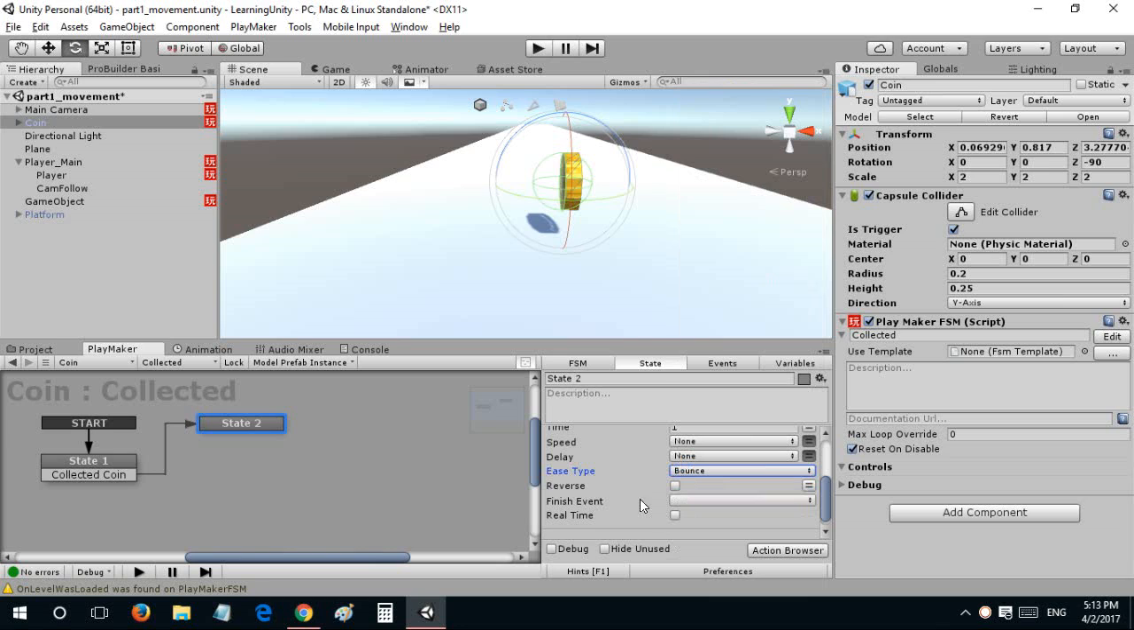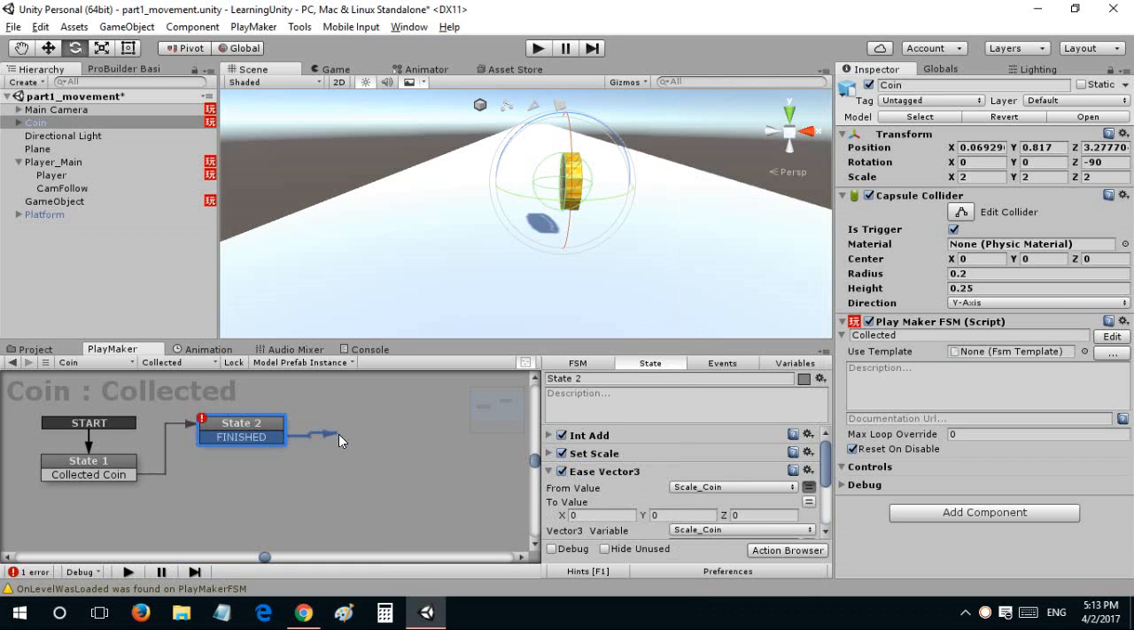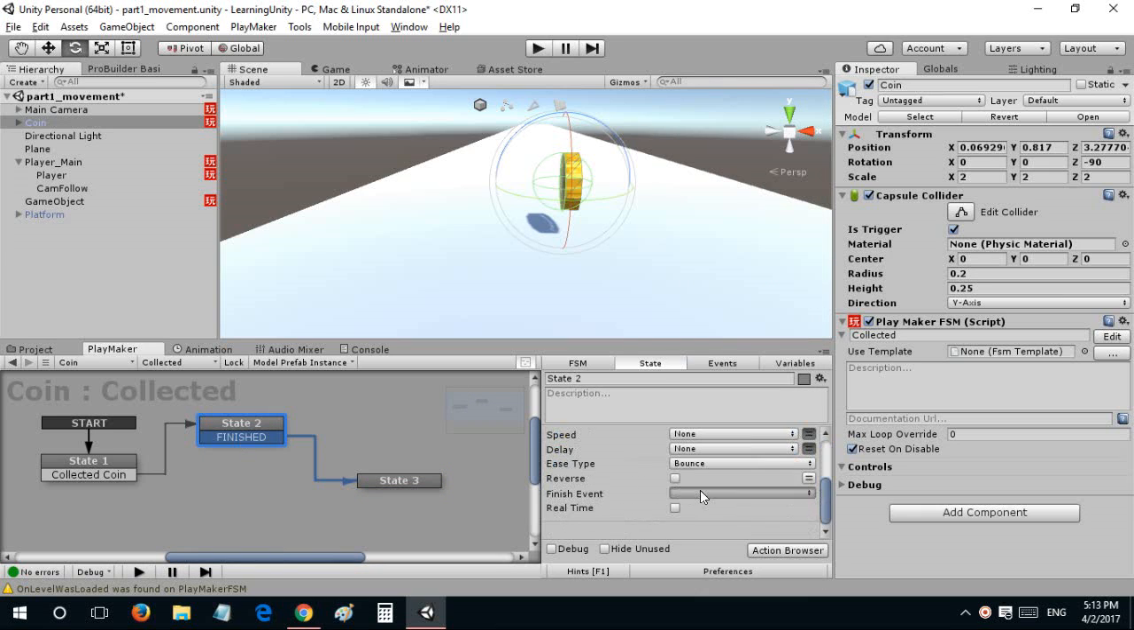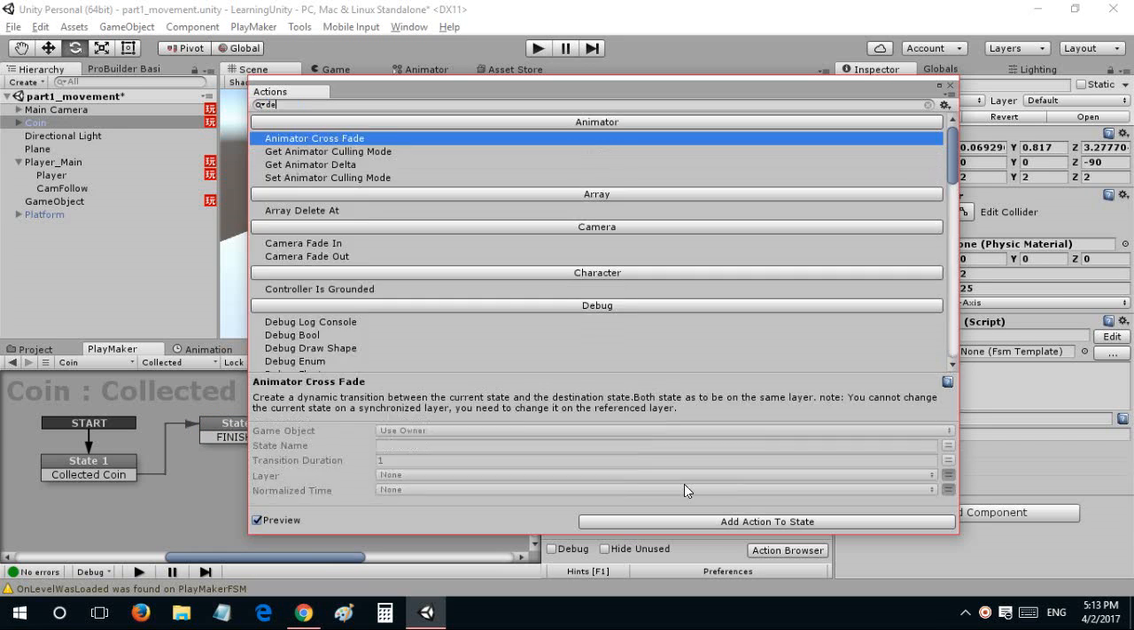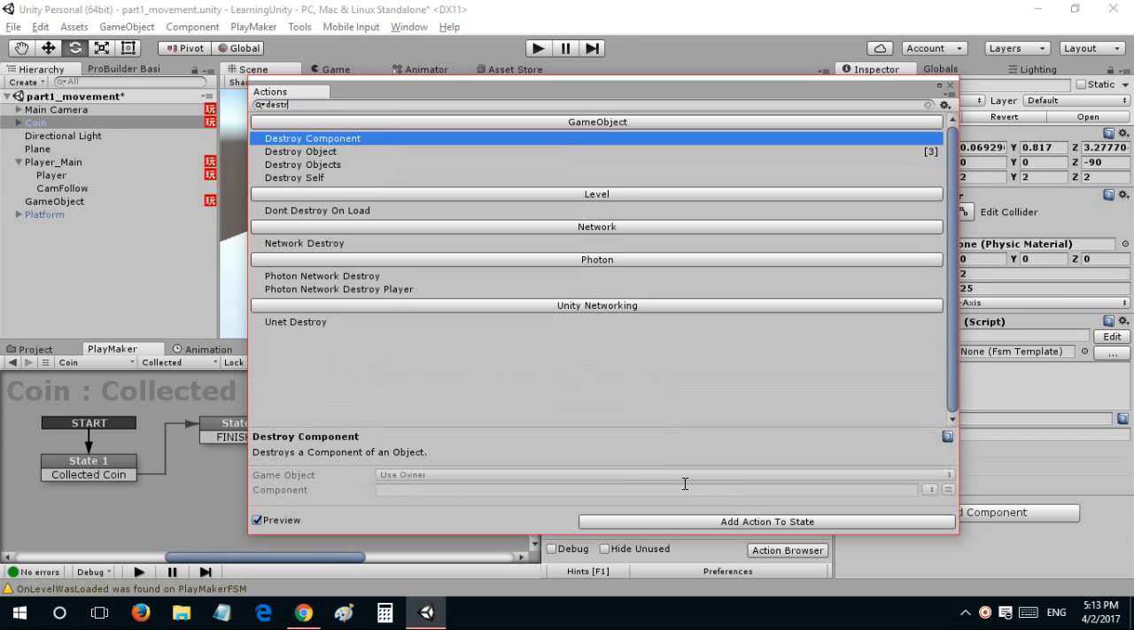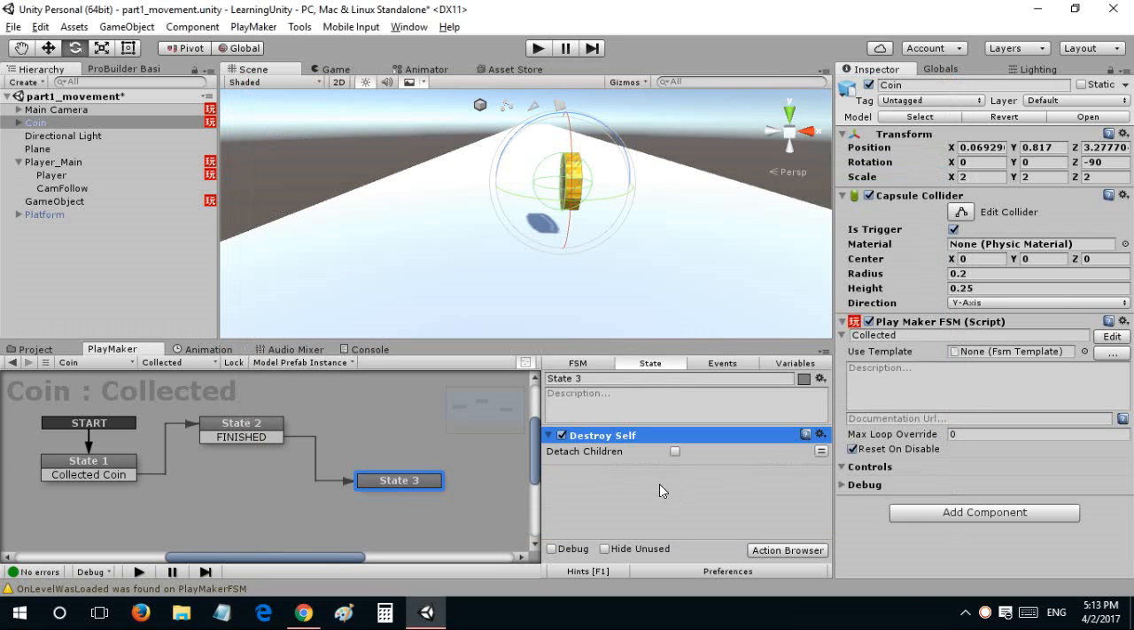and then I'll just finish the event. I'll just add a finished event here and go to the final stage where we destroy the coin. So I'll just say finished, and I'll say destroy self. So if I hit play, first of all I'll just save it and hit play,